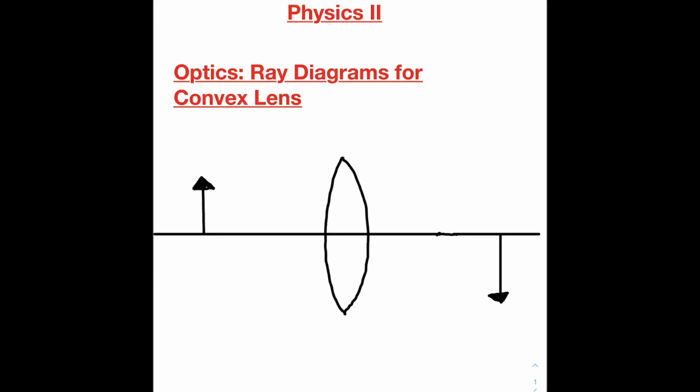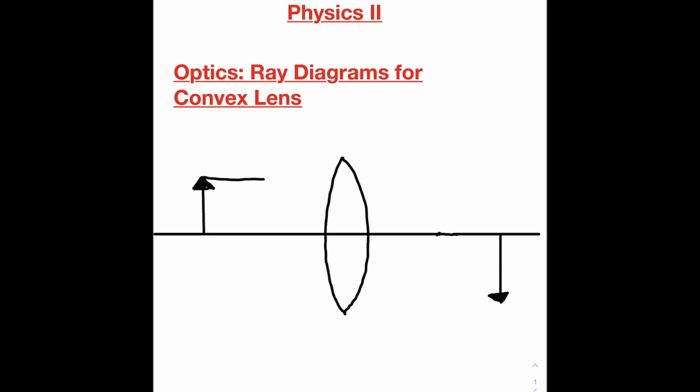In Physics 2, in your optics class, you may have to draw a ray diagram. A ray diagram is a fancy way of saying that you're going to represent three lines coming from the object on the left side of the lens and where they intersect at the right side of the lens. The very first line you draw is what you call the parallel ray, or the parallel line, coming